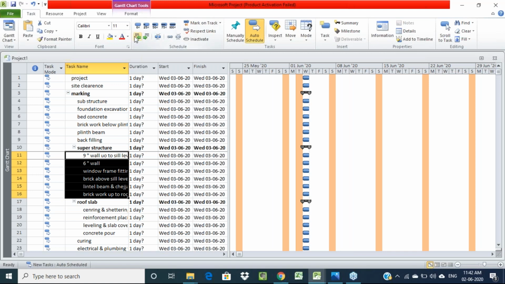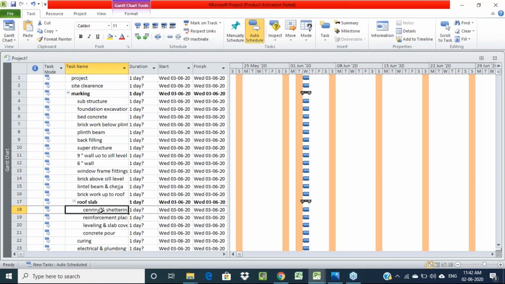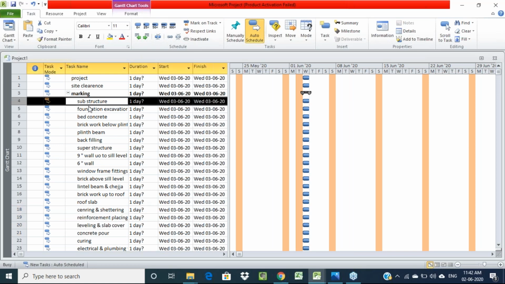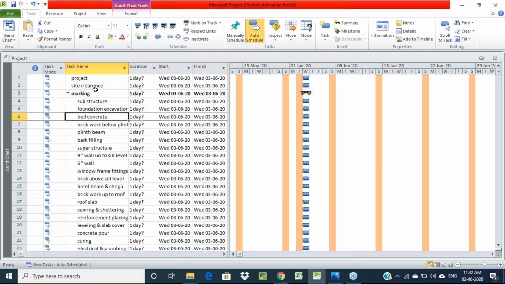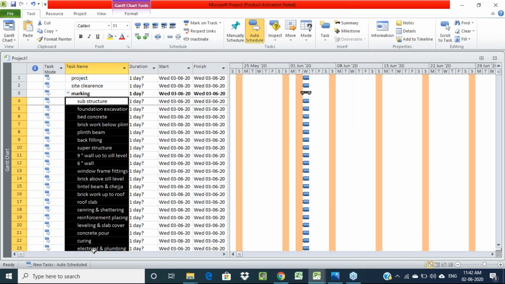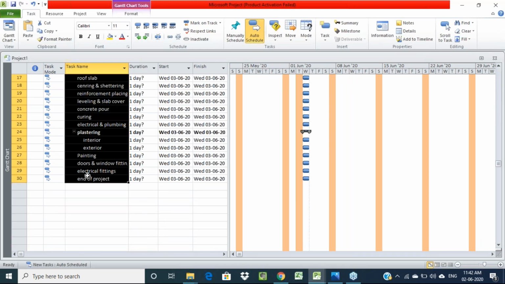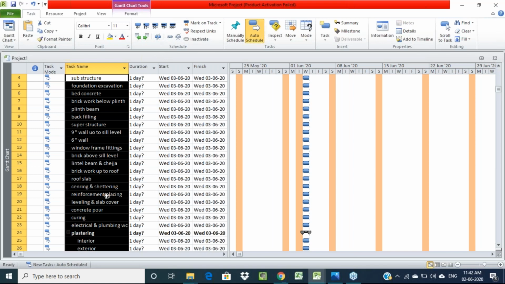Earlier I made it auto scheduled for each and every activity, so that's why it is automatically showing auto scheduled for all the activities. For all these activities we have to enter the details here in the Excel sheet.